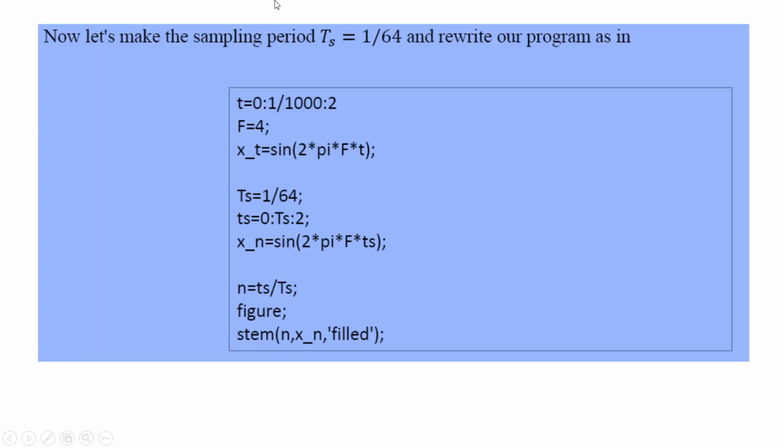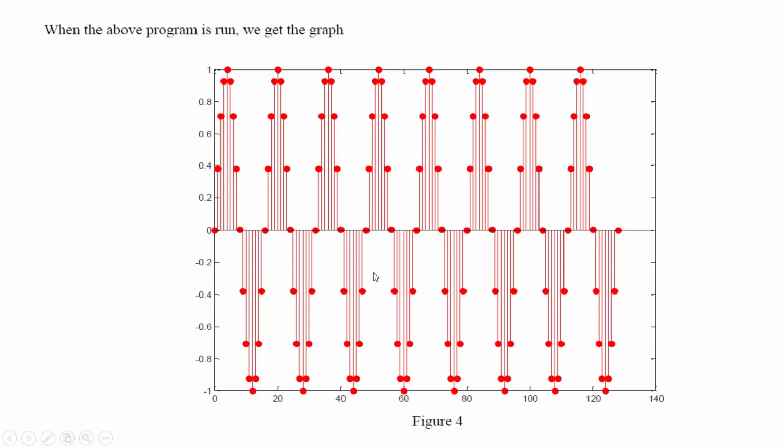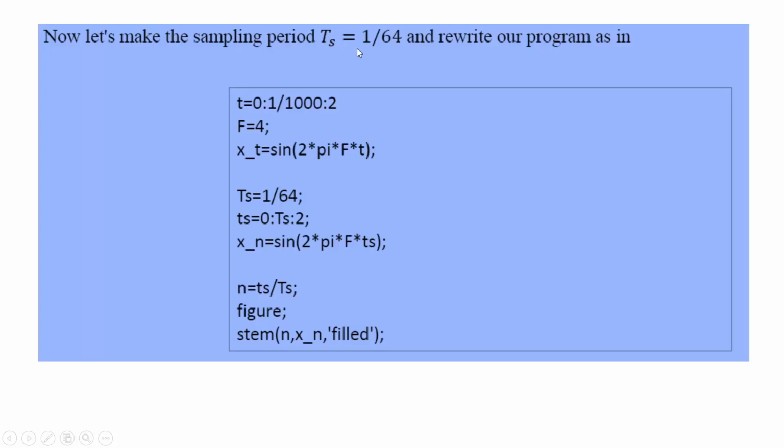Now let us take the sampling period as 1 by 64. Here the sampling period is defined as 1 by 64. Accordingly, the time vector will be created for the discrete sequence. And if you plot this graph now with the stem command, this is the discrete signal that you will get. This is 1, 2, 3, 4, and so on. And if the sampling period is 1 by 64,